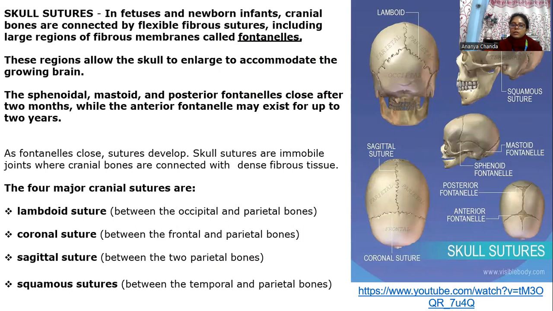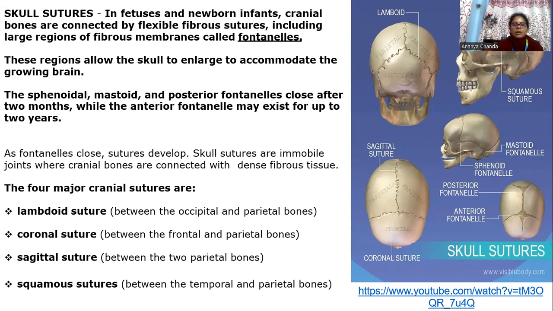During the infant or newborn stage, the brain is not so developed, right? So what do these skull sutures provide? The flexibility or the expansion of the brain skull region for the development of the brain from the childhood to